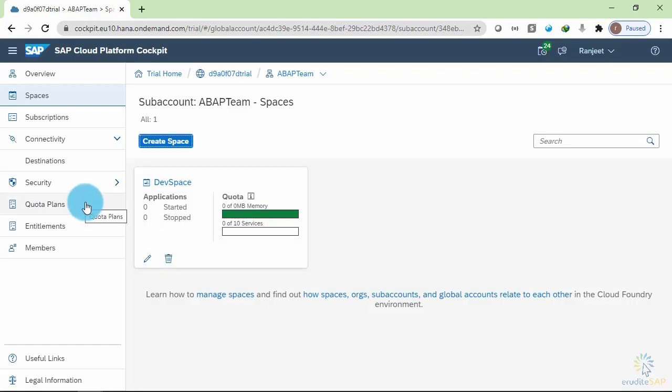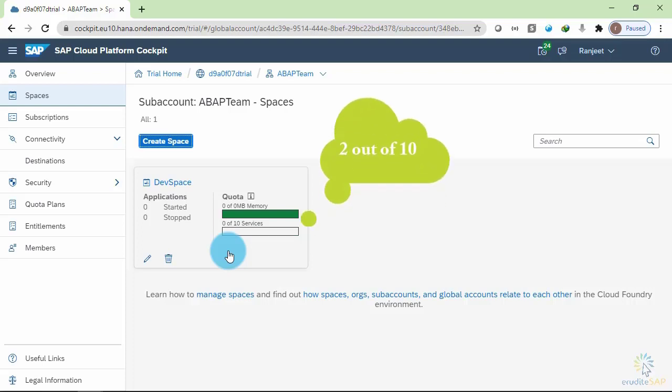On the left hand side, you can see that we have quota plans available. Quota plans help us to control how many services we can assign to a space. It is inside the space that we will be creating our ABAP trial. So if I want to let this space use only 2 services out of 10, then I can go to this quota plan